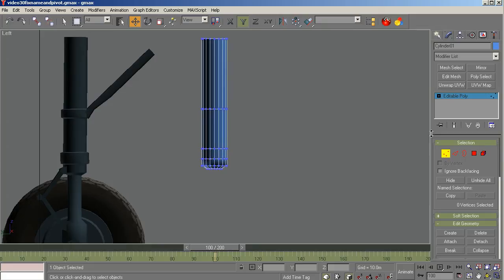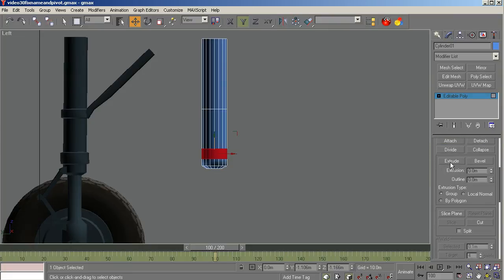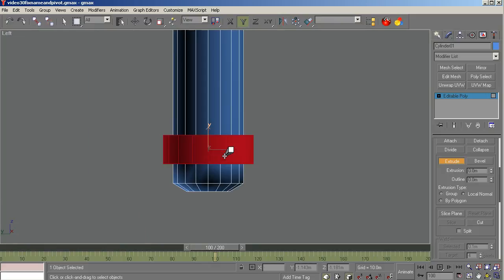Might be alright. Let's go to poly mode. And we'll just extrude this. We have to do that in local mode so that the extrusion goes out in all directions per the poly faces. We'll kind of do something like that. Zoom in here so you can see a bit. And click off that, and then we want